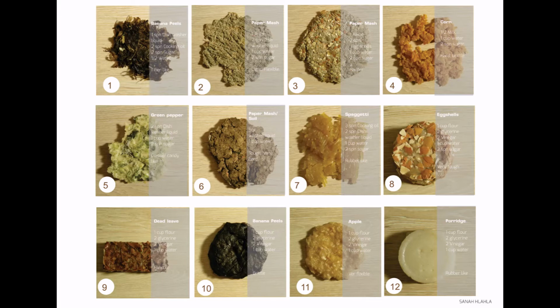So these are the main materials I used. From 1, it's banana skins. Then we have paper and onions. Then we're having paper, onions, and eggshells. Cornflakes, we have green pepper, we have soil and paper, spaghetti, eggshells, dead leaves, banana peels again, apples, and then